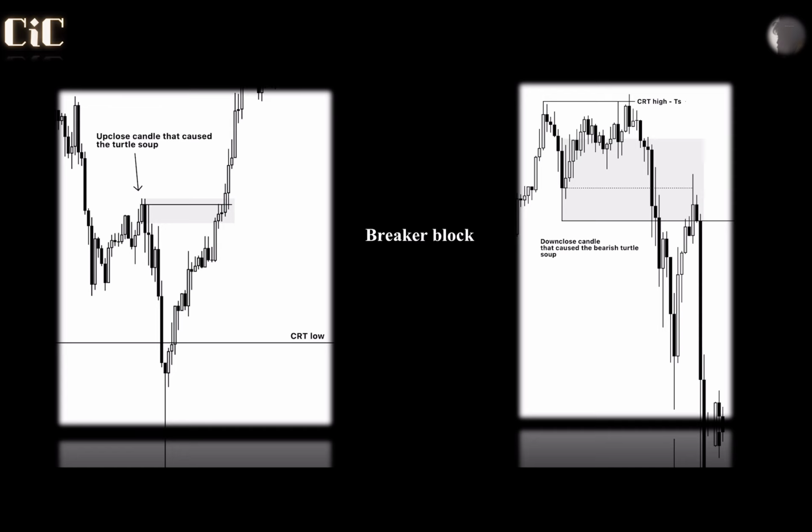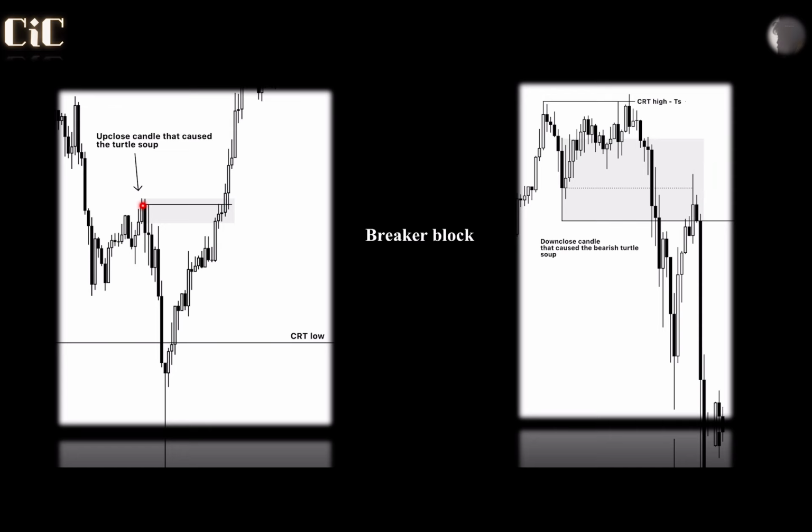Next up, you have the breaker block. Now you have the bullish breaker, and we have the bearish breaker. The bullish breaker is the up-close candle that caused the bearish turtle soup. So it's one